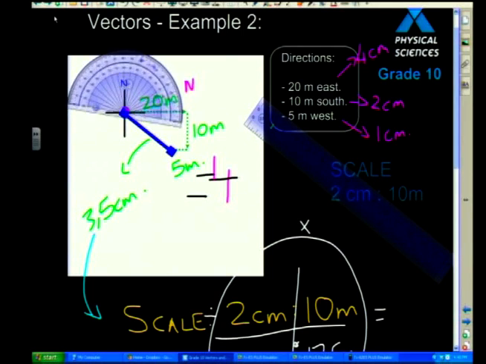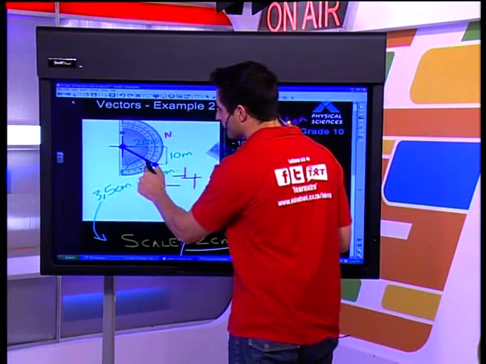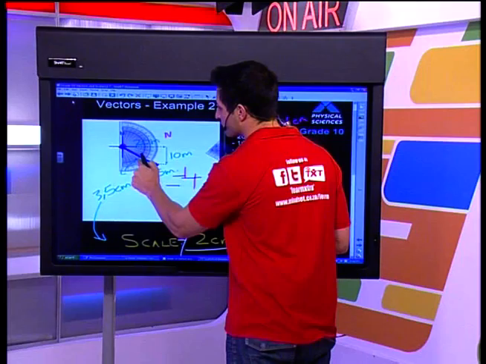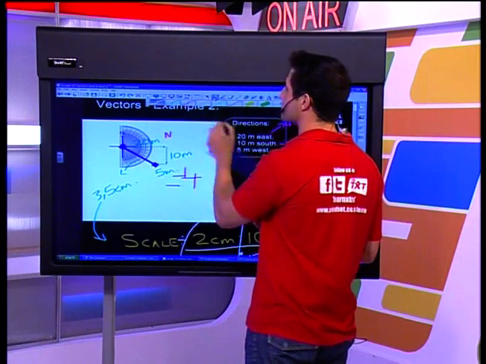Now, there's a couple of ways that you can actually give this direction. So now, if I put 0 on north and I start measuring around, I can start to find my displacement. So now, I think that's almost 0. Let's just make sure that it's absolutely precise so that you guys don't get on the line and say, oh, it's not correct. Let's actually measure our degrees. I'm going to make this even smaller. Now, the only reason I'm doing that is so that I can draw a nice line to show you what I'm doing.